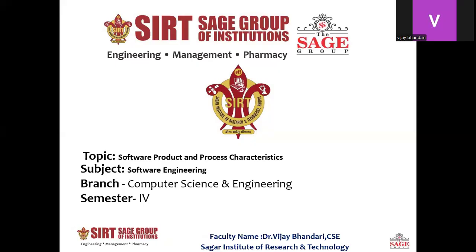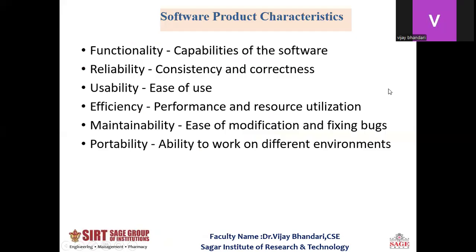So let's start with today's topic, software product and process characteristics. Now let's move to the first slide. First, I will tell you about the software product characteristics. A well-engineered software product should possess essential characteristics like efficiency, maintainability, reliability, usability,